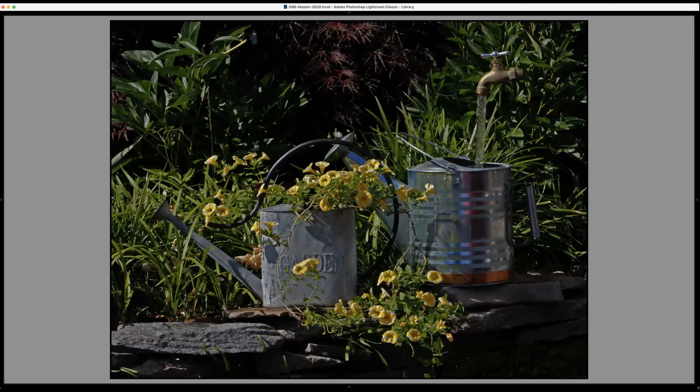Oh, wow. Oh, that one's mine. Yeah, we could have guessed. It looks like a painting. I had fun with it. The only thing I would have done different after processing it is I had my car parked in the driveway, and it's a red car. You can see it in the reflection on the second watering can there. But other than that,